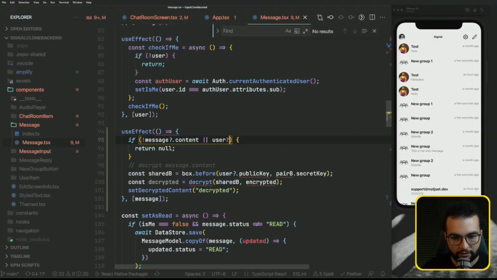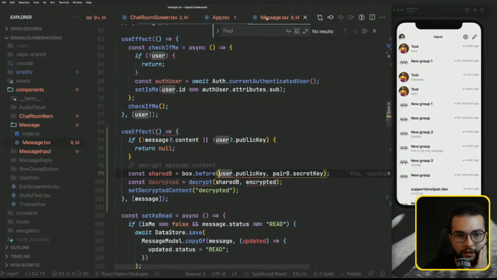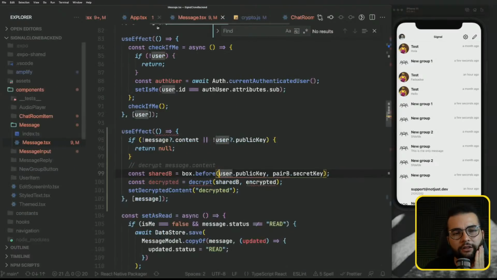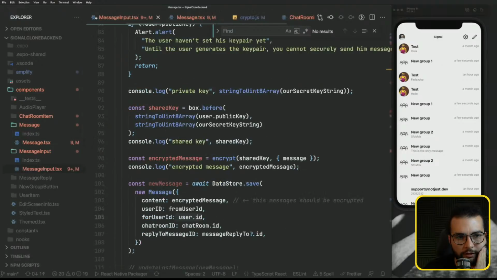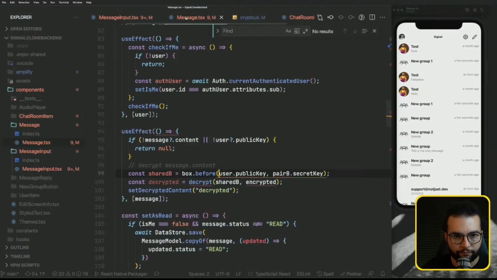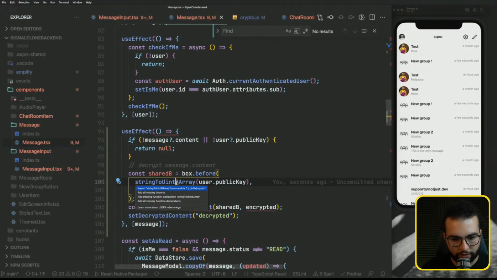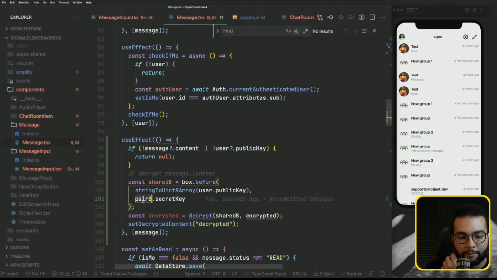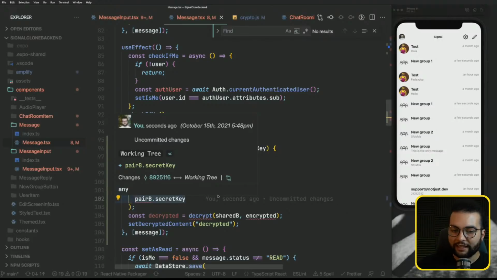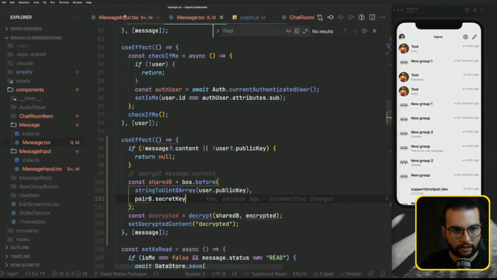Let's also make sure that we have it. Okay, and we also have to, as you remember in our chat room screen, no, where? Message input. Here, to convert from a string to a uint array. So let's try to import it from crypto. And pair B, I mean, here is the secret key, but we know only one secret key, our secret key. So we will decrypt with our secret key, because the message was encrypted with our public key. And now the same as we did here